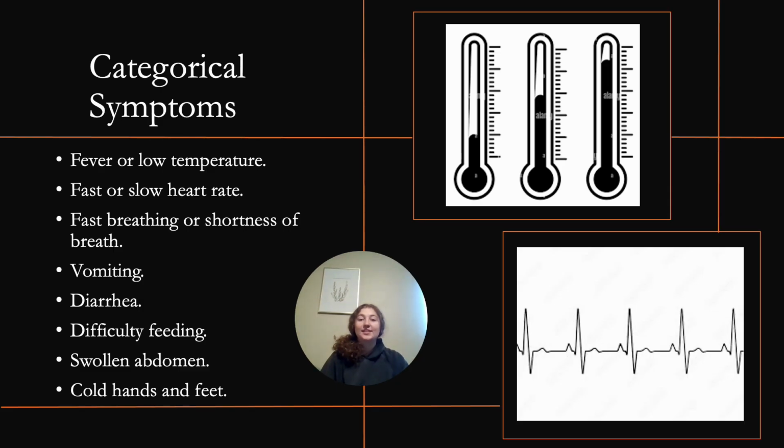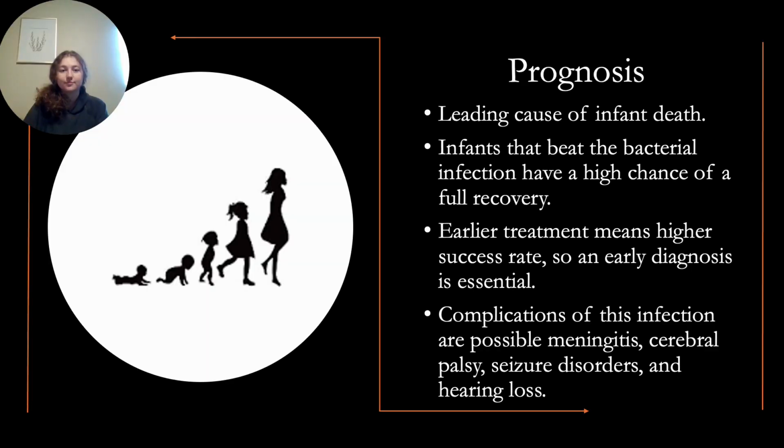The symptoms given by the Cleveland Clinic are fever or low temperature, fast or slow heart rate, fast breathing or shortness of breath, vomiting, diarrhea, difficulty feeding, swollen abdomen, and cold hands or feet. These symptoms are mostly generalized and contradict each other, so they could indicate many other things than sepsis. If the infant has more than 3 of these things together,